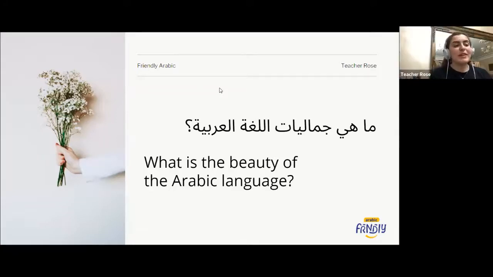So I wrote two things that I really see as beautiful in the Arabic language. The first is that we can make a verb out of any noun, especially in spoken Arabic. This is qahwe, coffee. It's a noun, and we can make it a verb. Just add bet: bet-qahwa. So it means I'm drinking coffee, I'm enjoying drinking coffee.